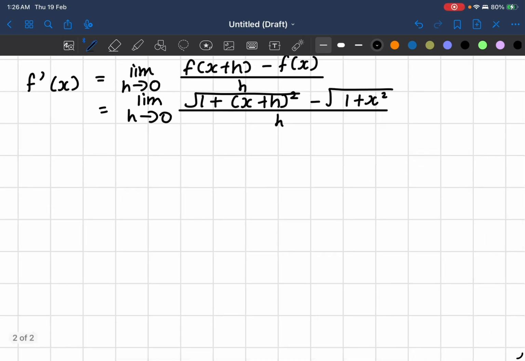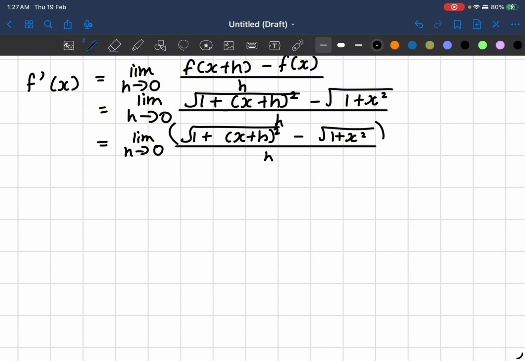Now, what we're going to do is we're actually going to do something a tad bit different. So I'm not sure if you guys have heard of rationalizing a denominator, but this is quite similar, except you're rationalizing the numerator, which is exactly how it sounds. You're basically applying the same principle, but to the top part of the fraction. So I will show you guys how it works. We can just copy down this part as of now. So 1 plus x plus h squared all square root minus 1 plus x squared